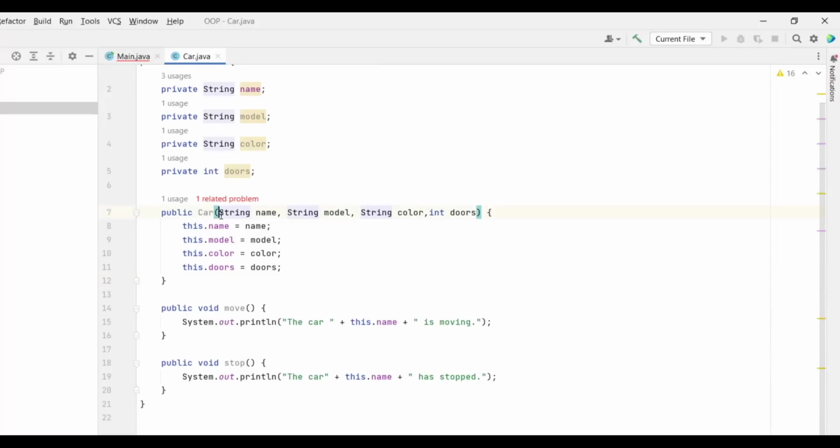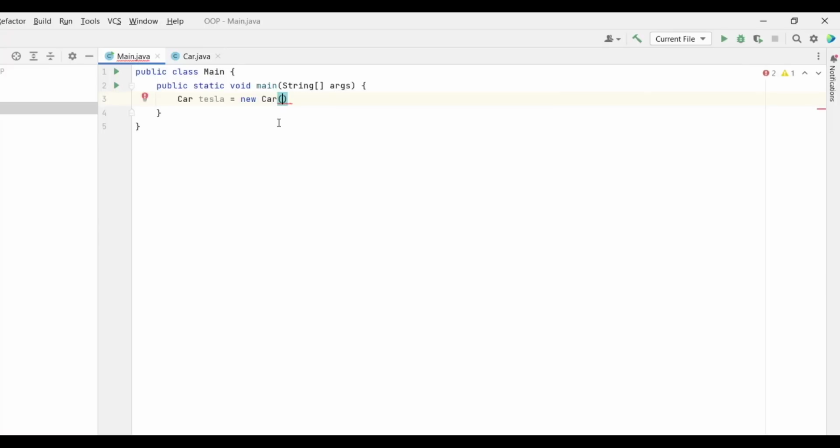So now this constructor is expecting some values for its parameters because it wants to assign those values to the fields name, model, color, and doors. So here I will type, but let's change this to car. And here I will type first for the name Tesla, which is a very nice car.